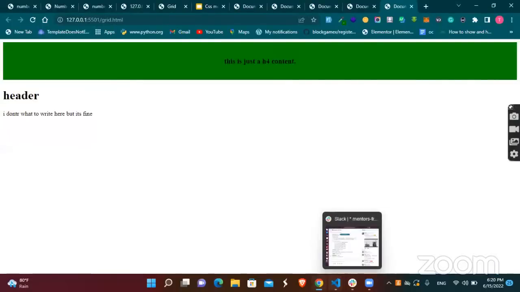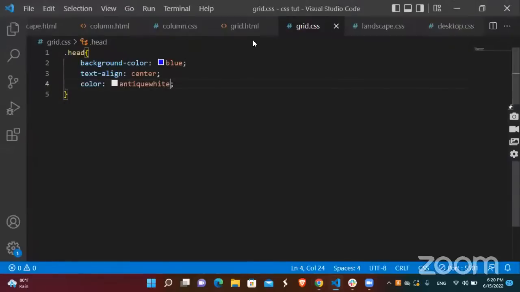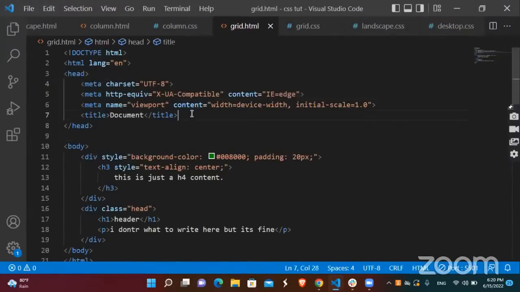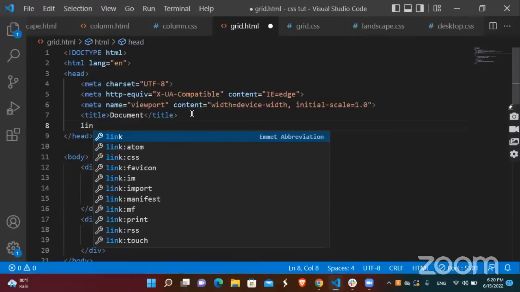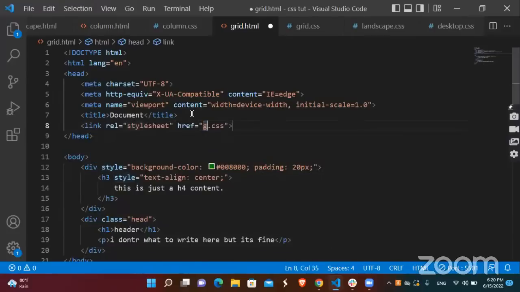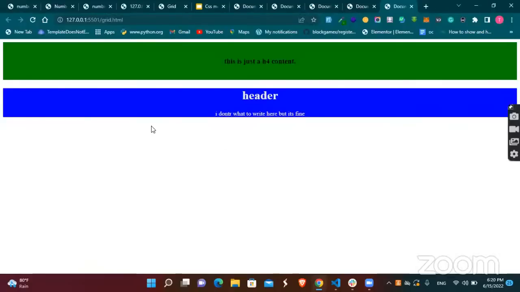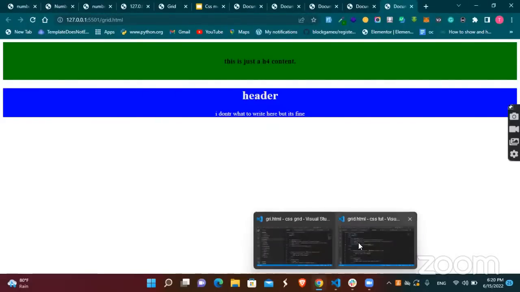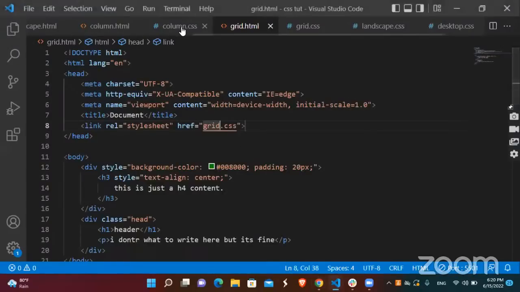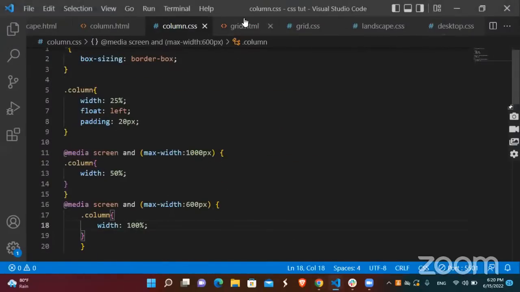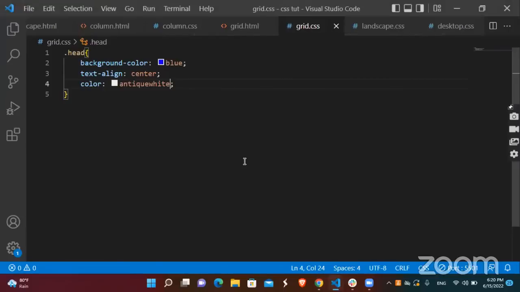Or I think I've not saved something. This is .add. Okay, I've not called my grade here. Sorry, I don't know why I do forget that. So let me put my grade here and save. Yeah, it's there. So let me add my padding to this so that it looks better. Where is it? Grade.css. So I will just say padding